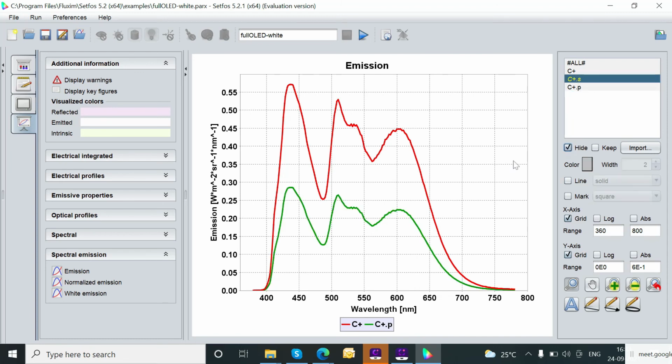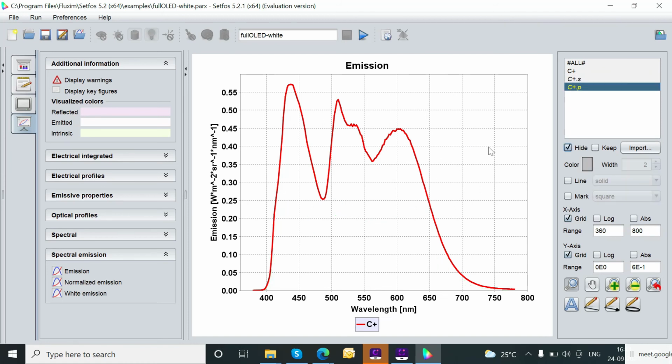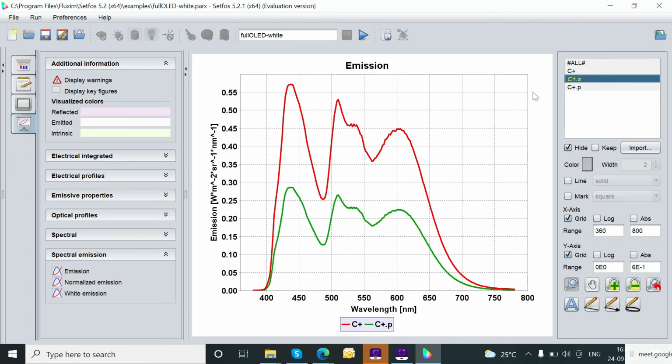You can see the displayed key figures output: exciton rates analysis, and reflected, emitted, and visualized color. Some emission analysis: normalized emission, white emission, S polarized, P polarized.